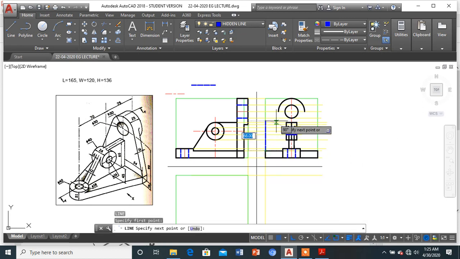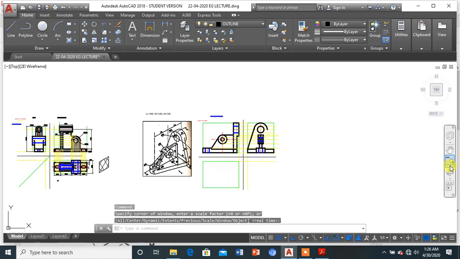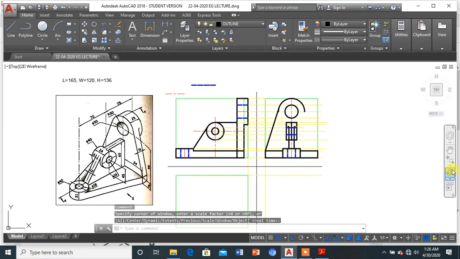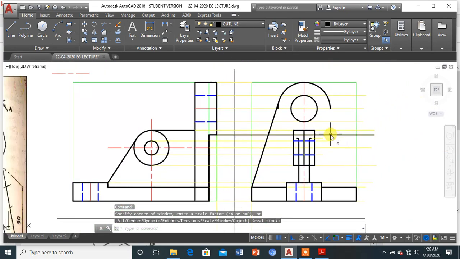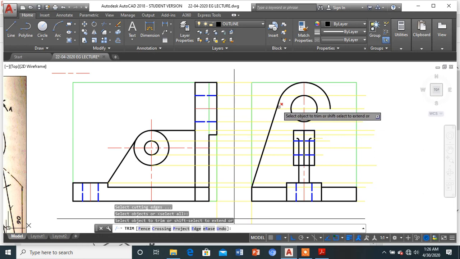So from here, I will be getting the tangential line like this. Okay, see, very beautifully I can plot the tangent over here. I need to zoom in like this. Now the extra part which is not actually required will be erased.